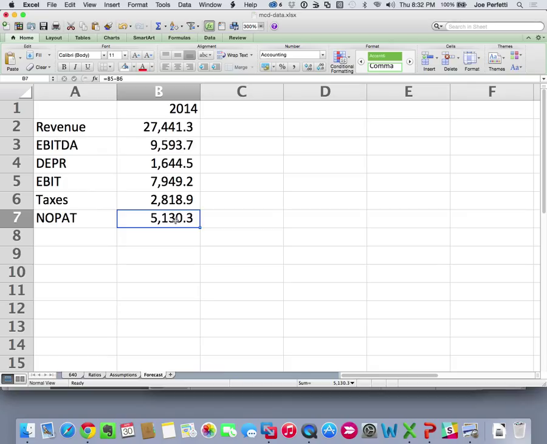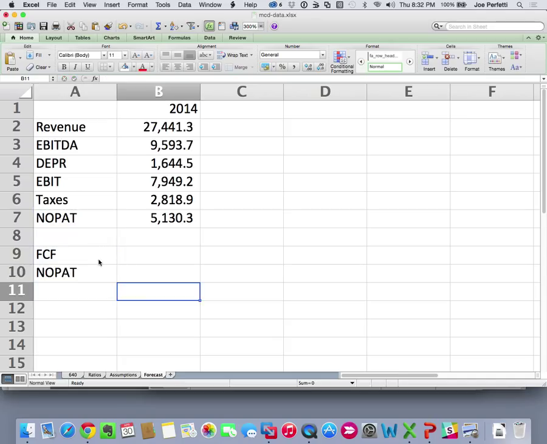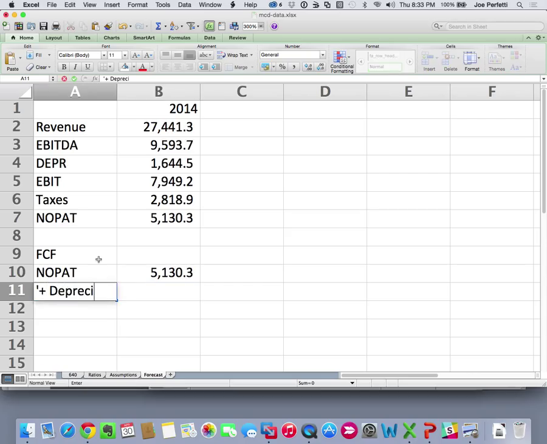But here's what matters. Value is not NOPAT, it's not profit. What's value based on? We talked about it last week. Value is based on what? Free cash flow. So what I need is I need my free cash flow. So how do I translate NOPAT into free cash flow? So free cash flow is what? Equals NOPAT, add back depreciation. So plus depreciation